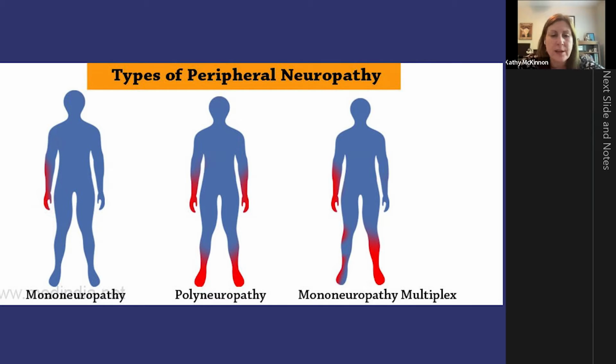If you read about PAN on the internet or printouts that you have from your physician, they may talk about neuropathy. Mononeuropathy describes involvement of one nerve, so it may be numbness of an arm or loss of function of a hand. Polyneuropathy often is affecting smaller nerve fibers, and can be seen in many places on the body, most commonly in the hands and feet, becoming numb and tingly. And mononeuritis is when nerves are directly involved, larger nerves, where you can lose function, and it can be a wrist drop or a foot drop. And in some patients who are unlucky, it can be in more than one place at one time.